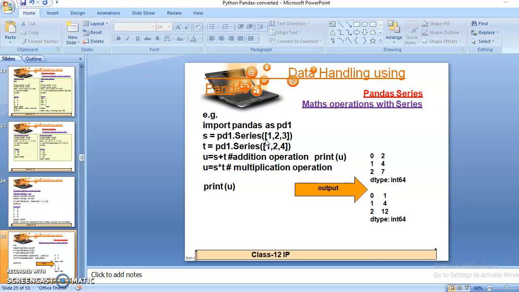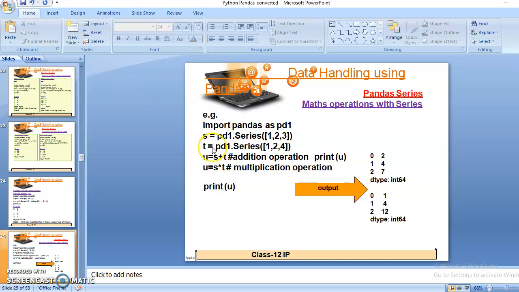All of you are aware that addition and multiplication come in the category of arithmetic operators, and arithmetic operators are binary operators, which means they require at least two operands to perform any operation. So here we require at least two series to perform addition or multiplication.